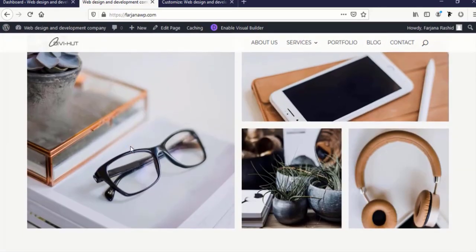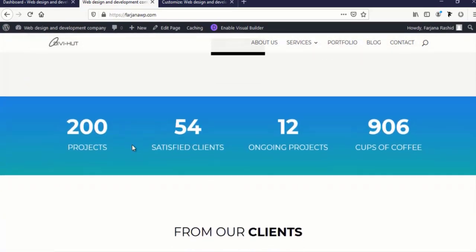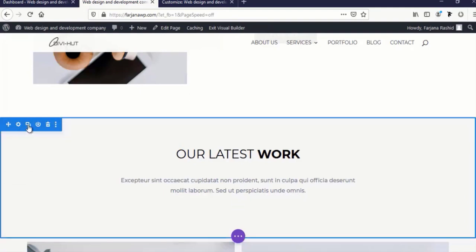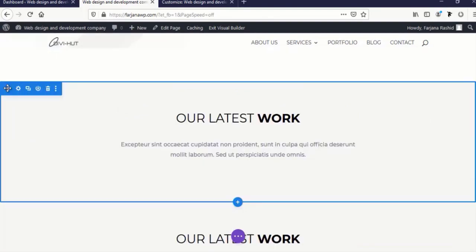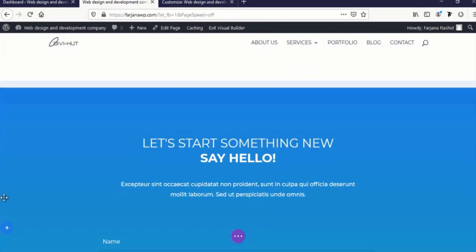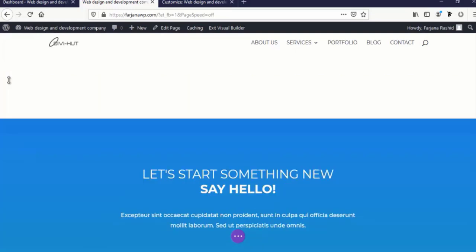Most of the cases we need that section, so I'm going to add it and going to enable Visual Builder. I'm just duplicating this section and dragging it to the bottom under this,